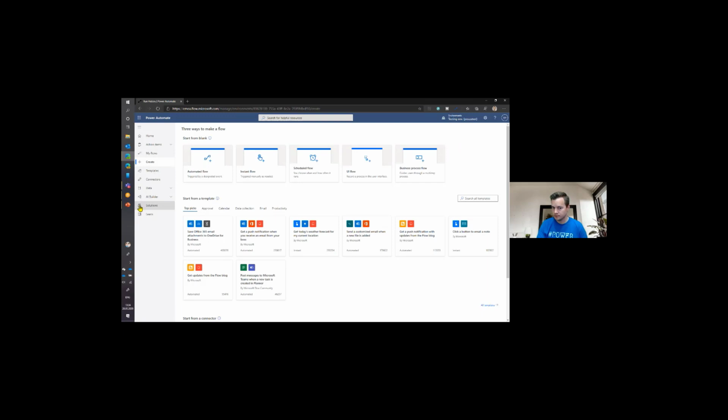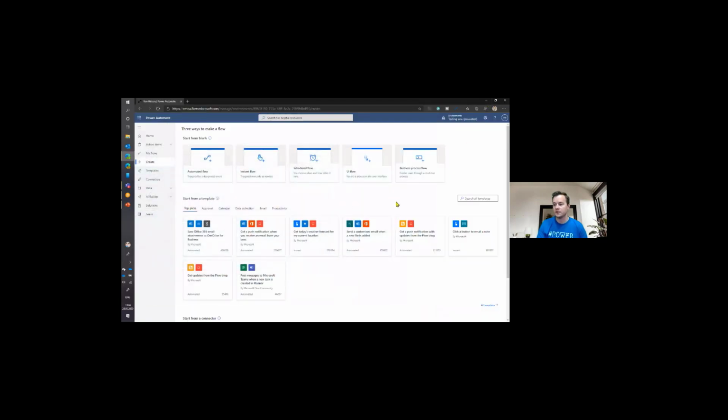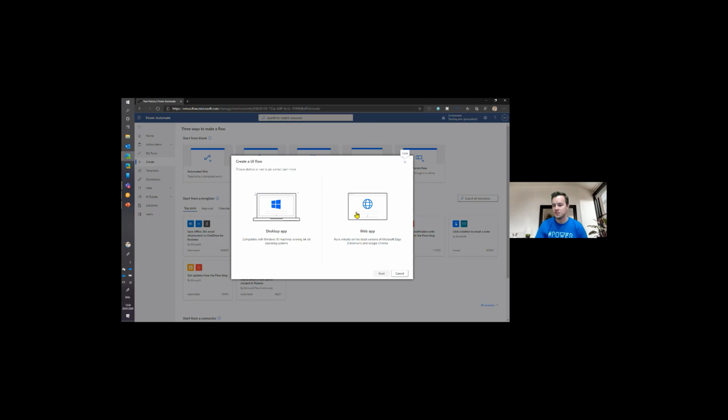presentation, because the next thing I want to actually show you is the browser UI flows. So right now I'll just jump onto the next demo. So now I will just create a browser UI flow, or the web UI flow. And this time I want simply to